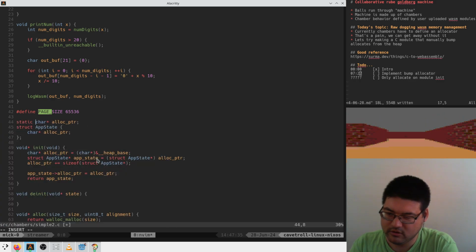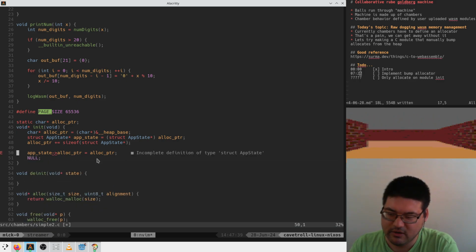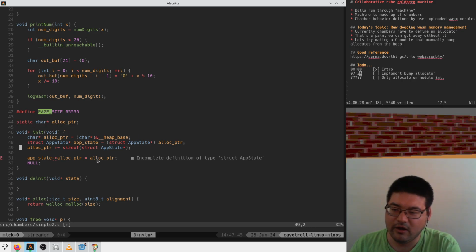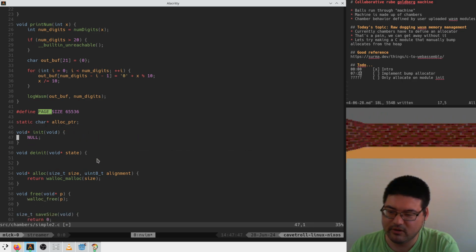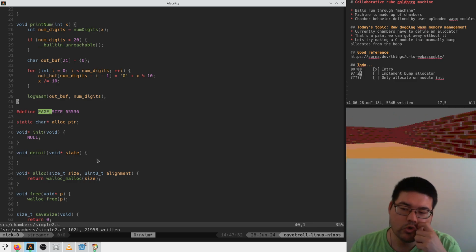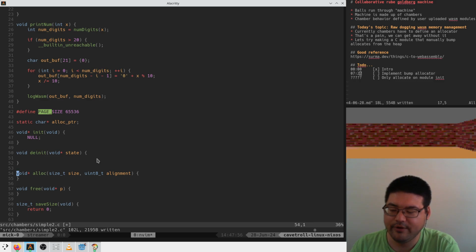Static char star alloc pointer. So here we still return null. Our app state doesn't exist. Because of the way that our alloc interface works, it can't be tied to an app state, which kind of makes sense, I guess. And so then maybe what we'll do is every time somebody calls allocate, we will say to ourselves, log